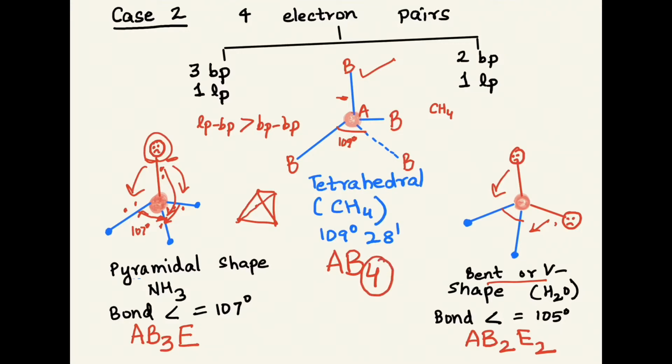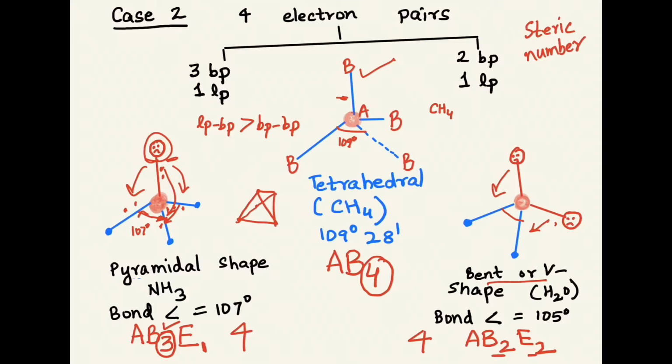Notice over here, there's a number that I'm writing. The bond pair is 4, so that's its coordination number. Here the bond pair is 3, but overall there are 4 pairs of electrons: 3 pairs here and 1 electron pair over here. This number also is 4. 2 bond pairs, 2 lone pairs of electrons. This number is also 4. What does this number 4 stand for? This number is called the steric number.